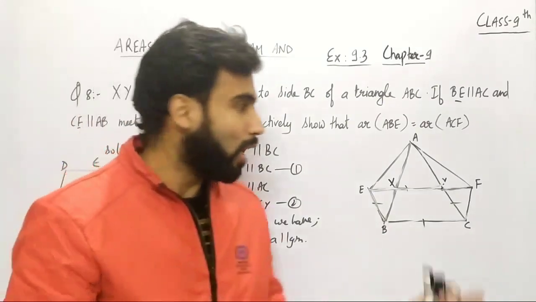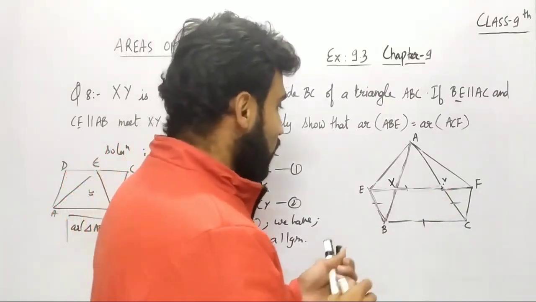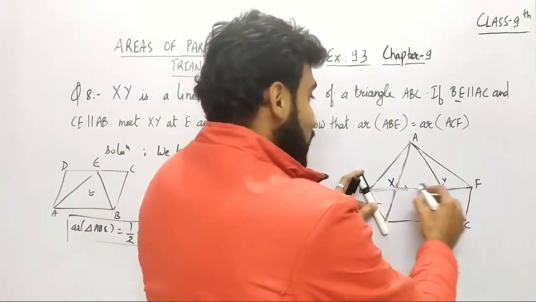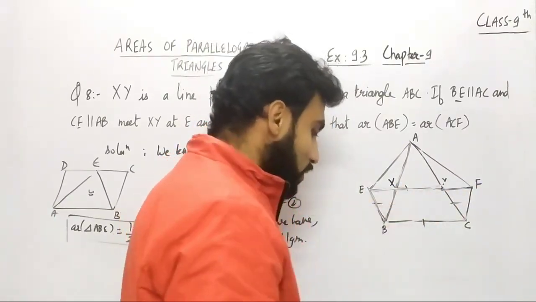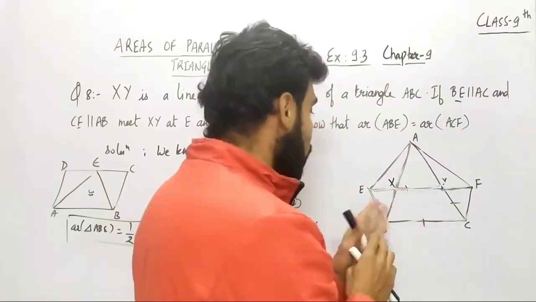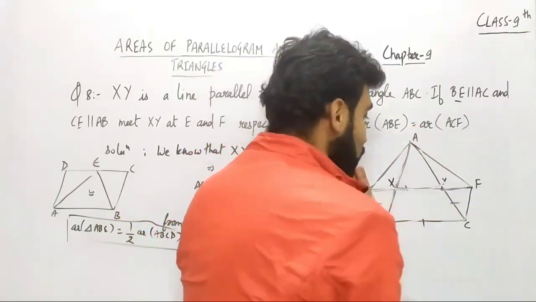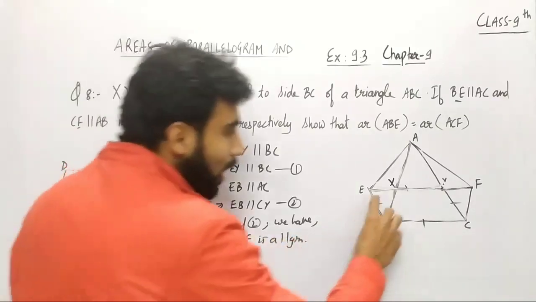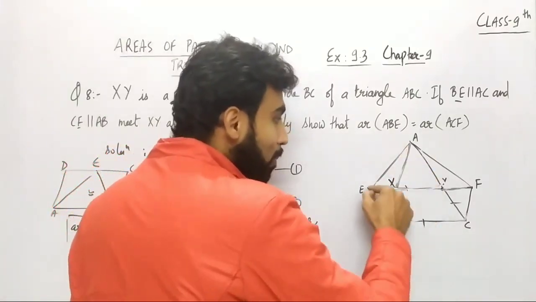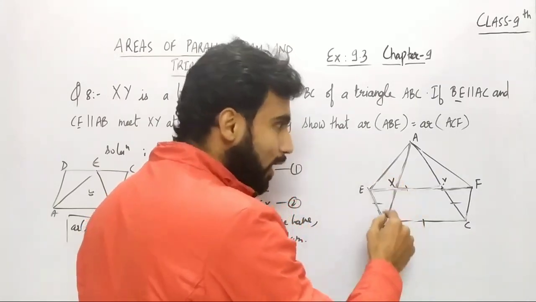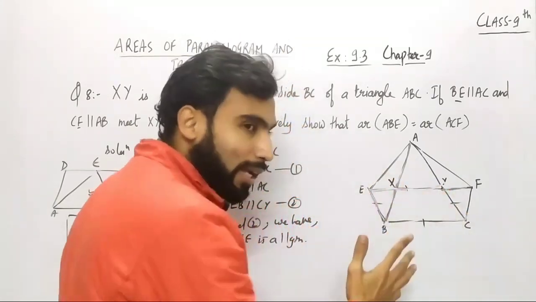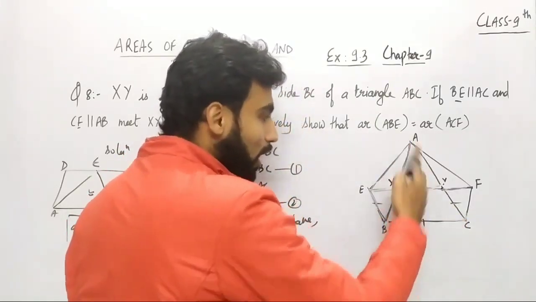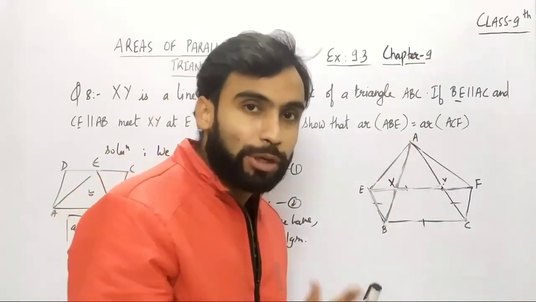You can see here. So यहाँ पे भी similar property apply करेंगे हम, that we know that this triangle forming here and the parallelogram, you can see BCYE, both lie on the same base and between same parallels, right? So we can say that the triangle here ABE is going to have the area equal to half of BCYE. Getting my point? So आप देख सकते हैं इस parallelogram के half हो जाएगा इस triangle का area. This is our next step, which we are going to prove here, right?